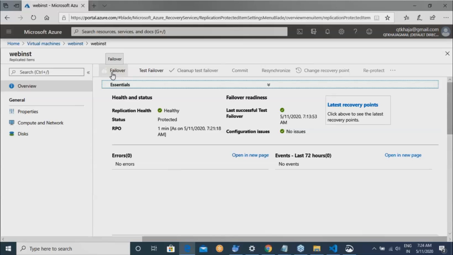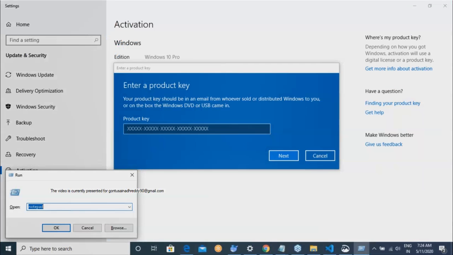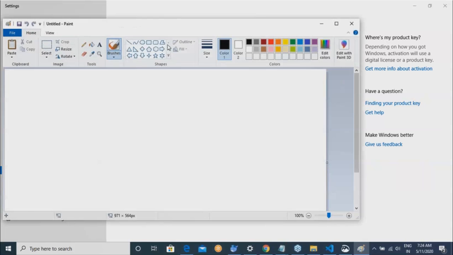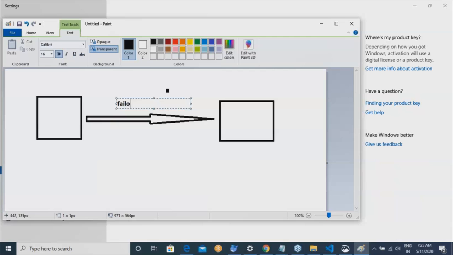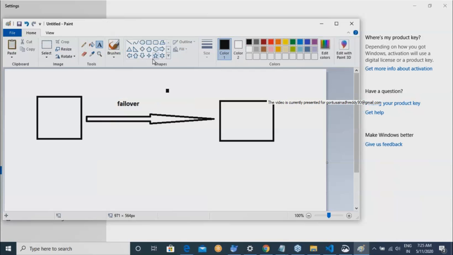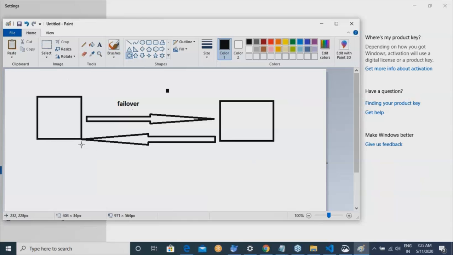Failover and failback. So what is failover? You have something running over here. If this goes wrong, you have put this as a secondary server. In the case of failover, making the other server primary is failover. Now you have recovered this VM and you are bringing back your original version of it.